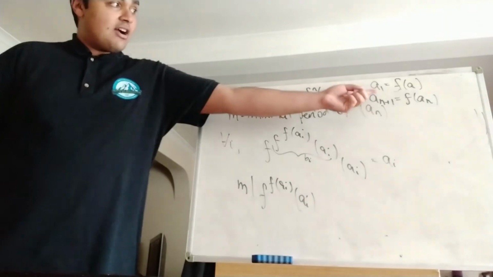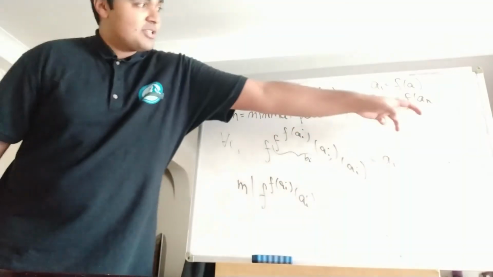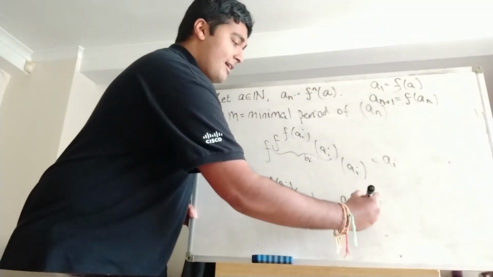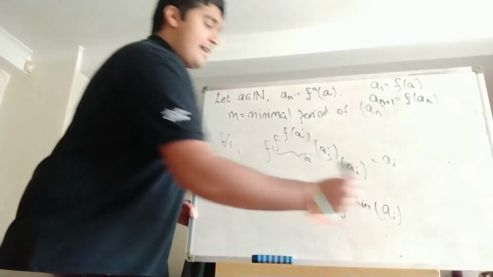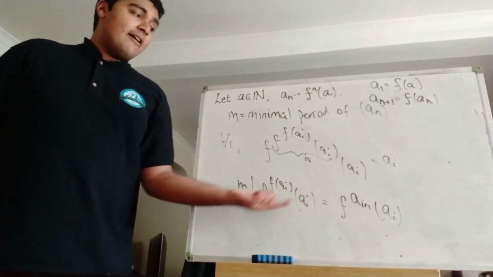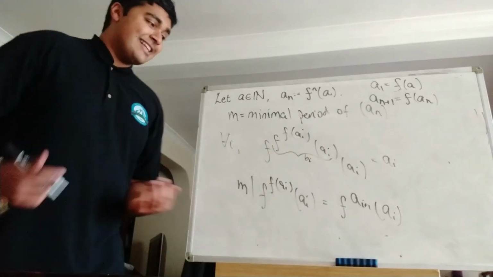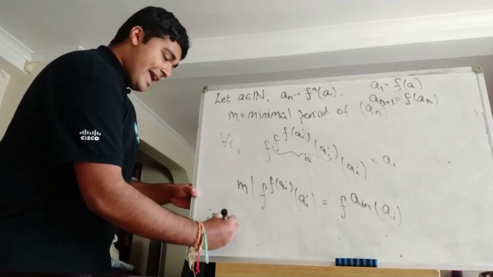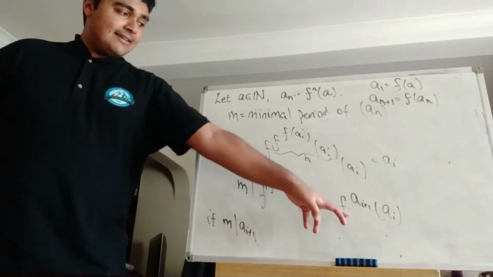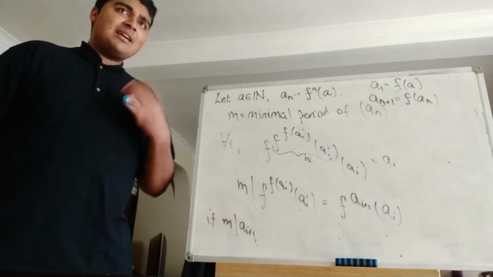But notice if we just look at our definition up here, this f of a_i in our exponent, if we just replace n with i, this thing here is just the same as f to the a_{i+1} of a_i, just by looking at this thing here. So we have that m divides f to the a_{i+1} of a_i. The next thing we're going to do is notice that if m divides a_{i+1}, then just by looking at this line here, if we look at the a_{i+1} in our exponent, well, if m divides a_{i+1}, then that means a_{i+1}